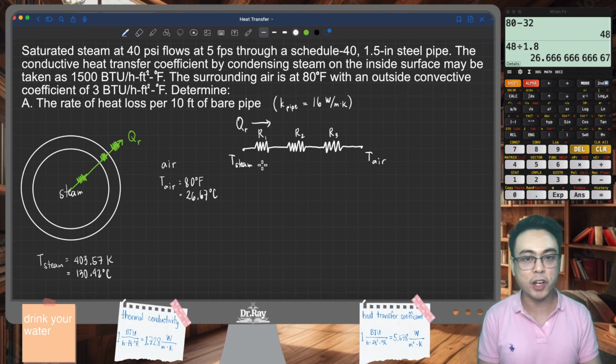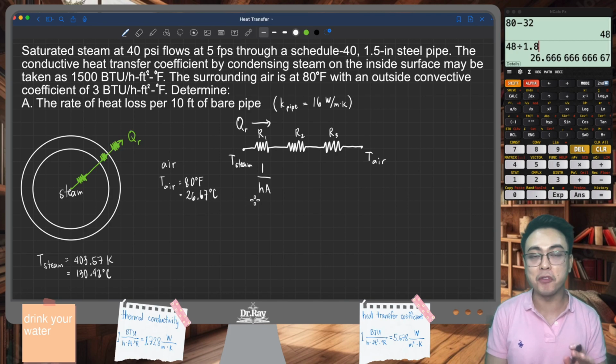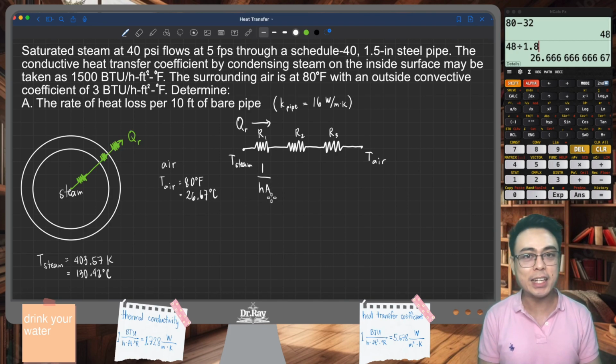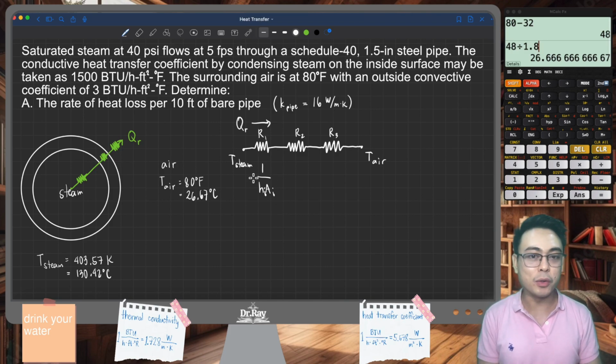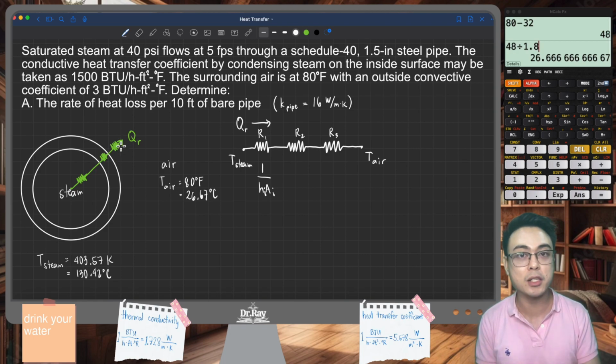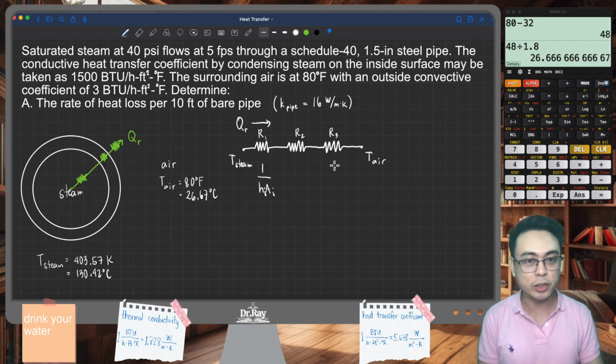And the resistance due to convection is simply 1 over H times A, wherein H is the convective heat transfer coefficient, A is the perpendicular surface area to the direction of heat transfer. Since we are encountering this at the inside of the pipe, I'm going to label this as H sub I, A sub I, meaning it's for the inside surface of the pipe. Now, the partner of this is the third resistance, which is still convective heat transfer at the outside. So it's still the same resistance, 1 over HA, but we have to specify that this is for the outside